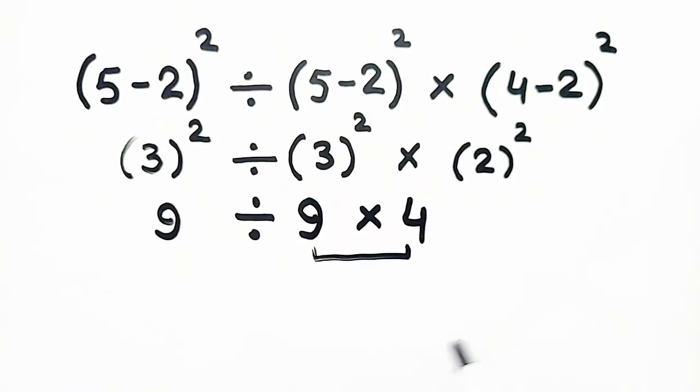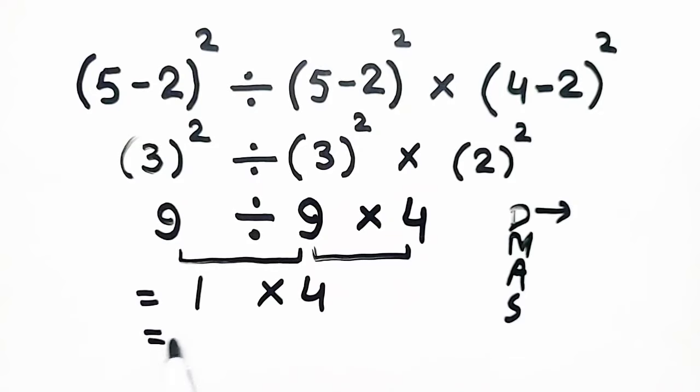first of all, division should be solved. So we have to solve 9 divided by 9. So 9 divided by 9 will be equal to 1, and times 4. So 1 times 4 will be equal to 4, and 4 will be